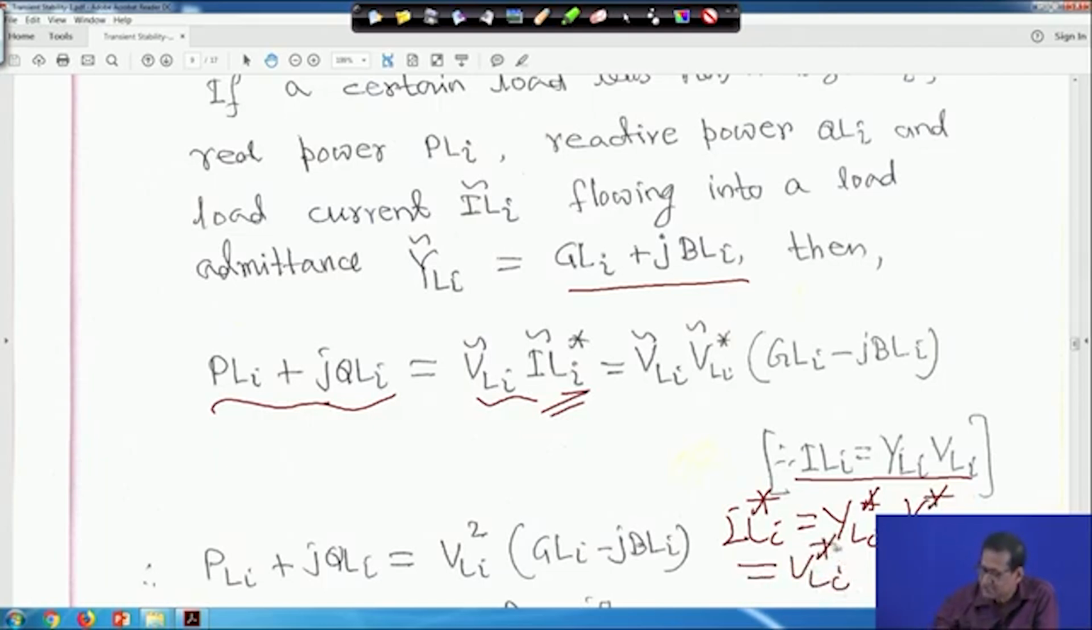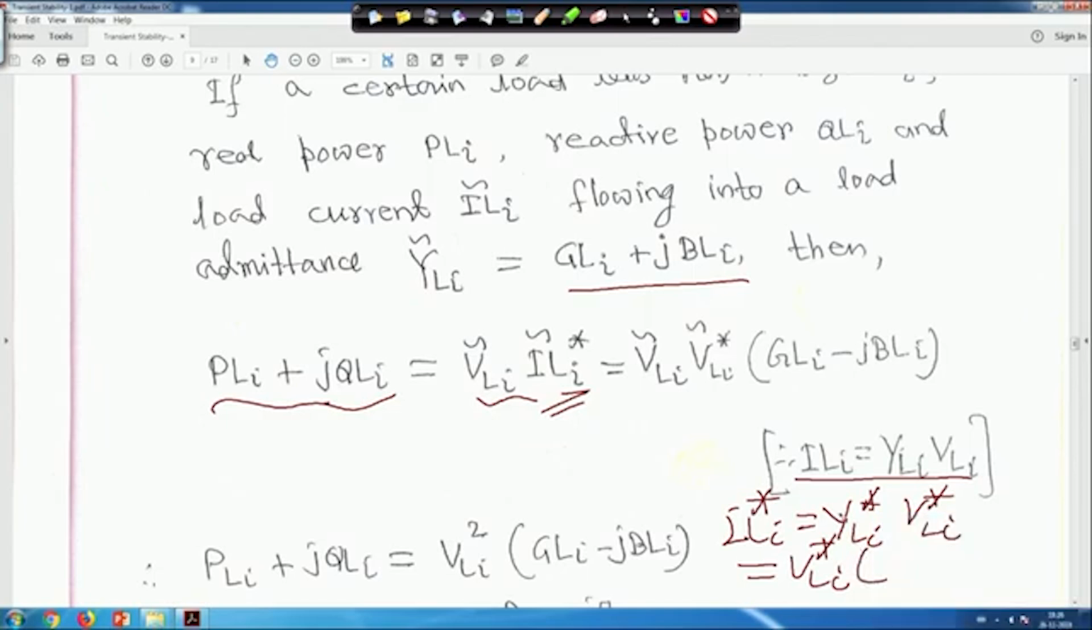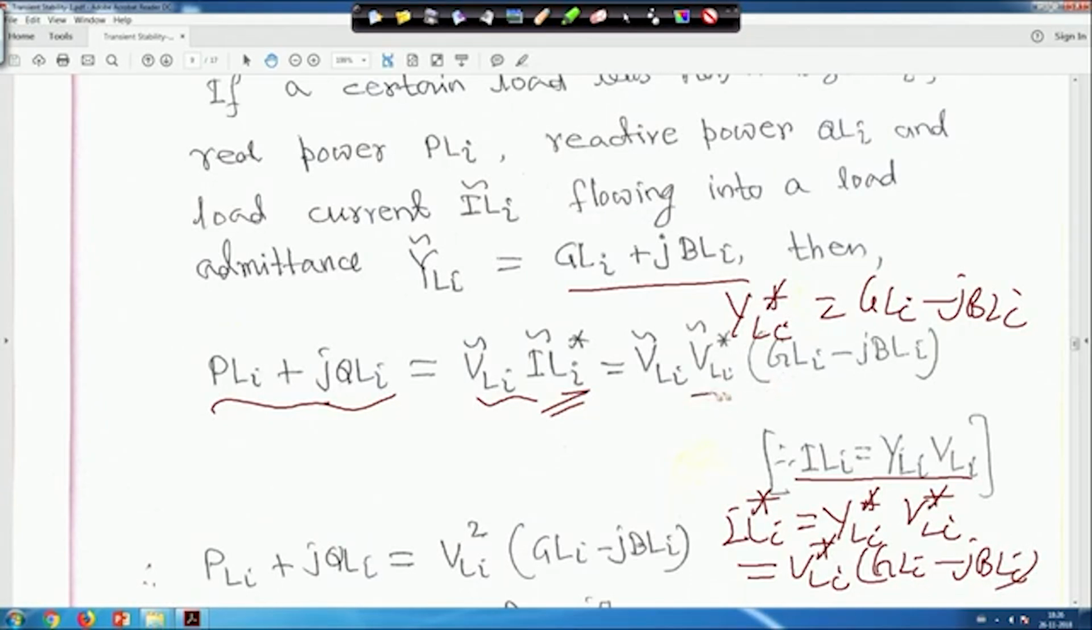Or we can write this as V_Li conjugate, and Y_Li conjugate means it is G_Li minus jB_Li, right. So that is why this I_Li conjugate is actually V_Li conjugate into G_Li minus jB_Li, and here it is written I_Li is equal to Y_Li V_Li, right. So I_Li conjugate is this one, right. Therefore,